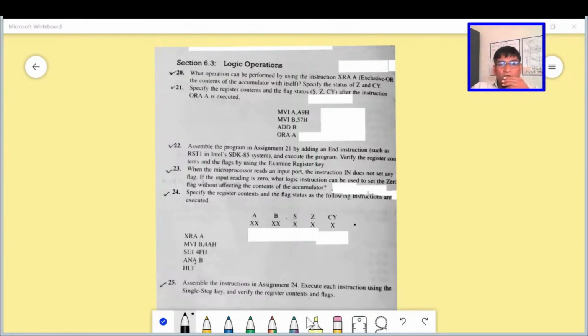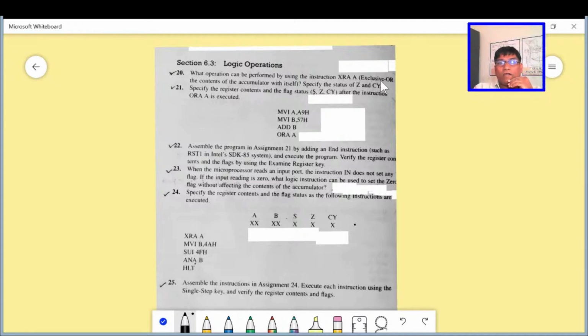Now think about question number 20. What operation can be performed by using the instruction XRA?